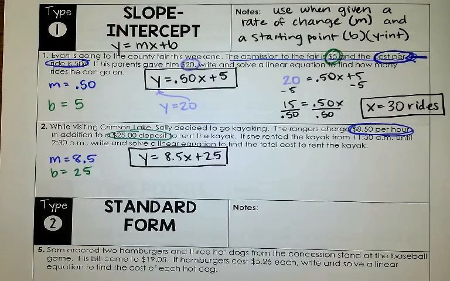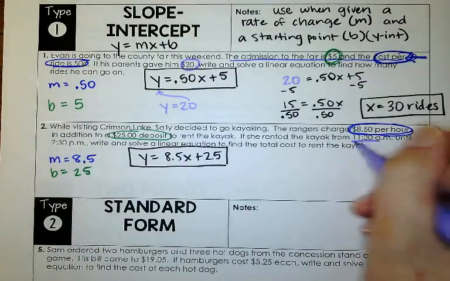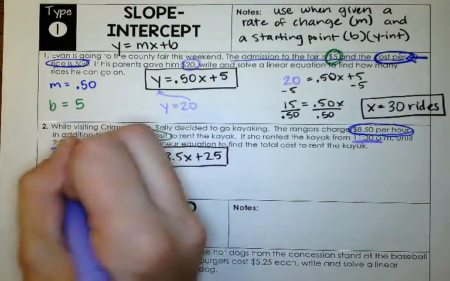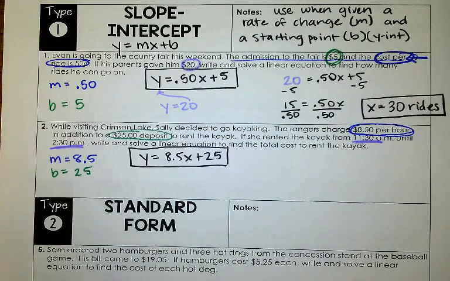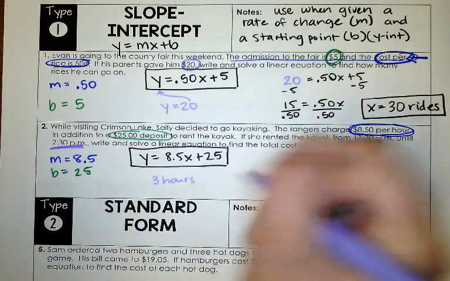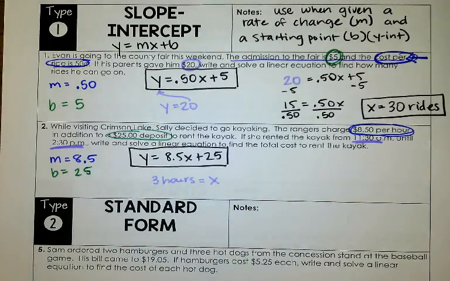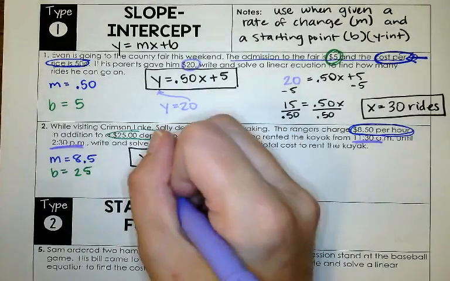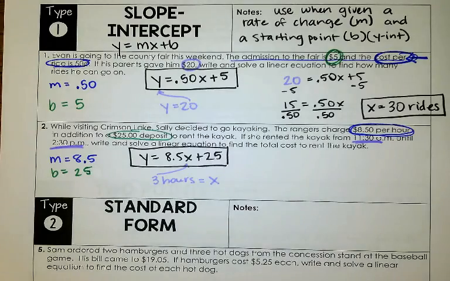Okay. So now we want to write and solve a linear equation to find the total cost of this kayak. So guys, in here, are we being given our y variable or are we given our x variable? It says if she rents it from 11:30 until 2:30, how many hours does she rent the kayak? So she's going to rent this for 3 hours. So guys, that is going to be our x that we plug in. We're going to plug in 3 for the x right there, because we want to know what the total cost